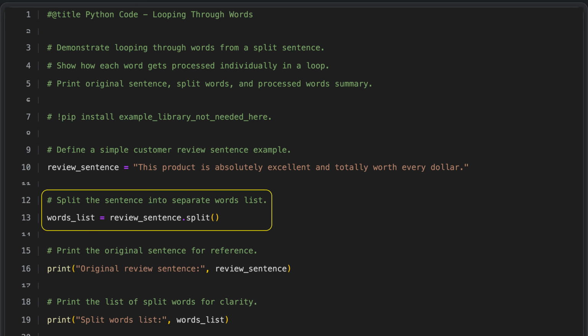The code takes a sentence stored in a variable and breaks it into individual words using a splitting method that separates the text at each space. The resulting collection of words is stored in another variable. This step is important because it allows the program to handle each word on its own. Once the words are separated, later parts of the code can, for example, check each word to see if it